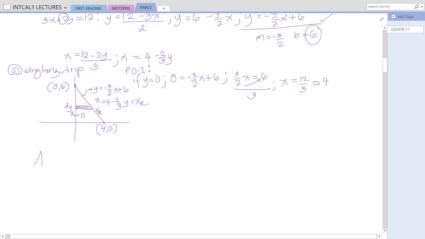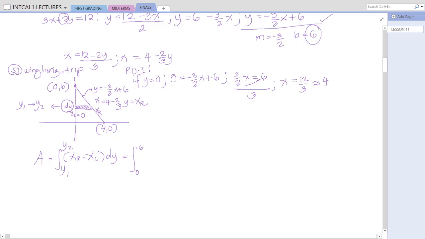for the area of that one, that is equal to the integral of, of course, x right minus x left for the area, that is the length multiplied by the height, which is dy. And the limits are from y sub 1 to y sub 2, since we have the differential coefficient with respect to y. So the limits are from y sub 1 to y sub 2. So getting that, for the limits, that is from, of course, 0 to 6.